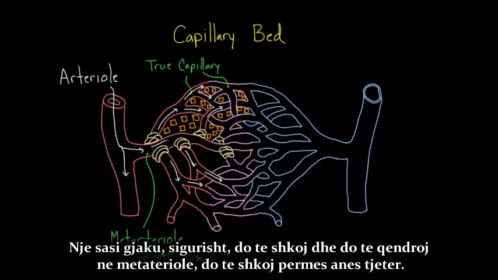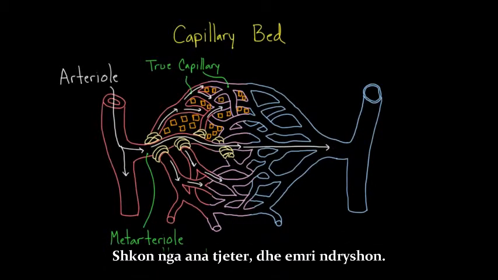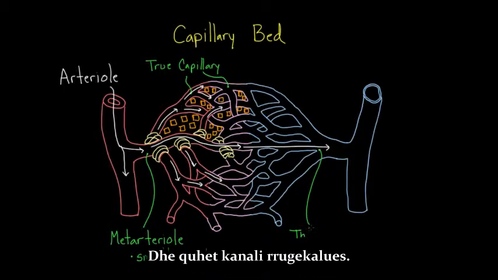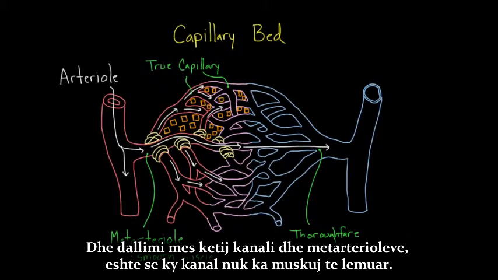And some of the blood, of course, is going to go and stay in this metarteriole. It's going to go through to the other side. And as it goes to the other side, the name changes. So same basic vessel in a way, but its name changes, and it's called the thoroughfare channel. And the distinction between the thoroughfare channel and the metarteriole is that the thoroughfare channel does not have